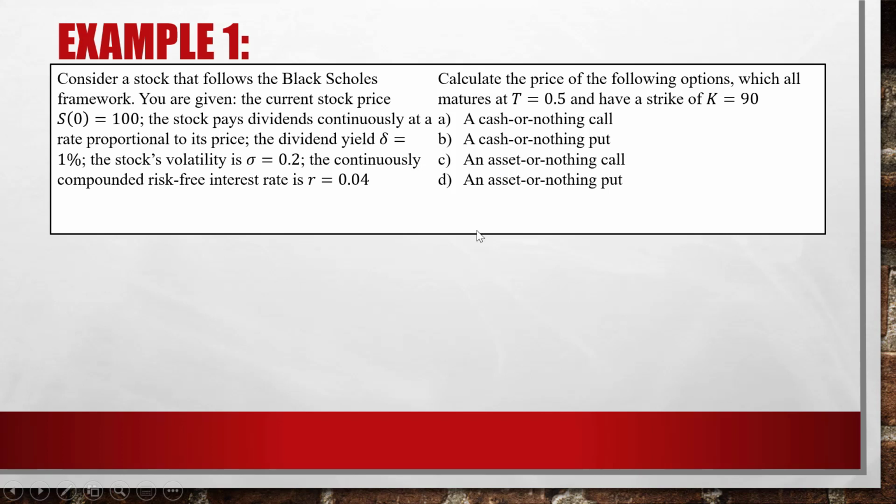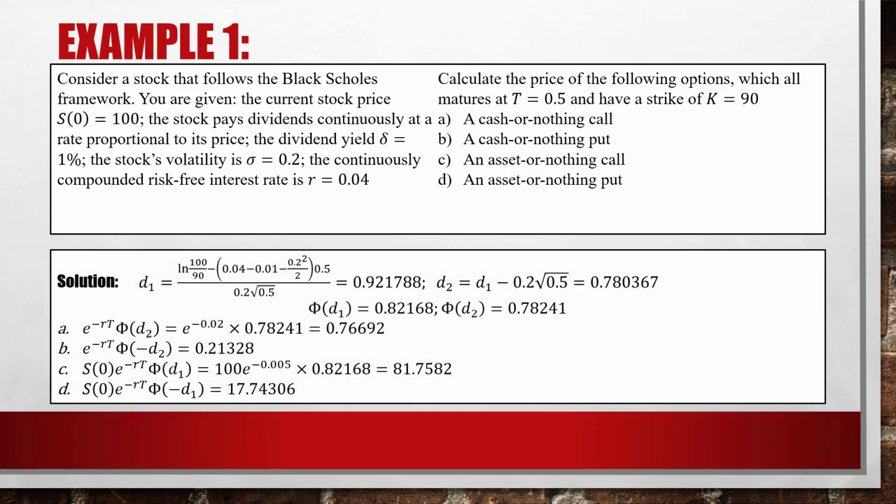Before we calculate the prices of these options, we have to first calculate D1, D2, phi of D1 and phi of D2. D1 here is the natural log of S0 over K plus R minus delta plus sigma squared over 2 times T, over sigma square root of T. Here S0 is 100, K is 90, R is 0.04, delta is 0.01, sigma is 0.2, T is 0.5. So we get D1 is 0.921788, and D2 is just D1 minus sigma square root of T, so it should be